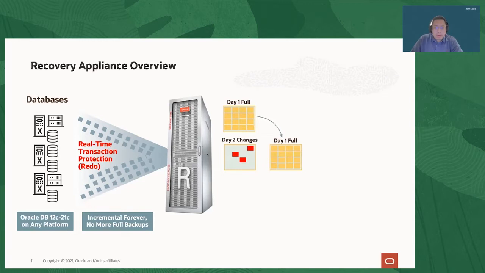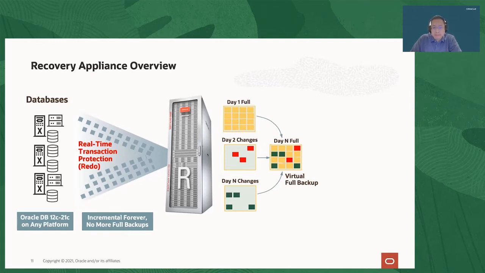So on day one, you'll see that we have a normal full backup. And then every day after, there's an incremental, and the system generates a virtual full, which is essentially a metadata representation of a physical full backup as of that time. So with just taking a backup of the changes since yesterday's changes of the database, you get a full backup